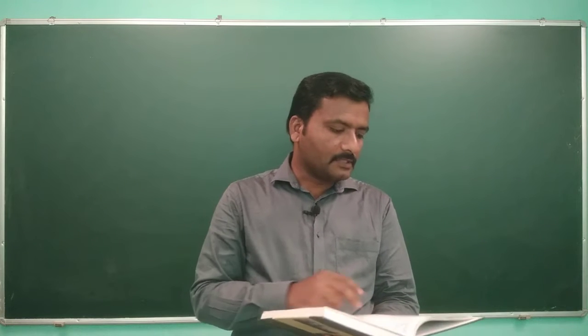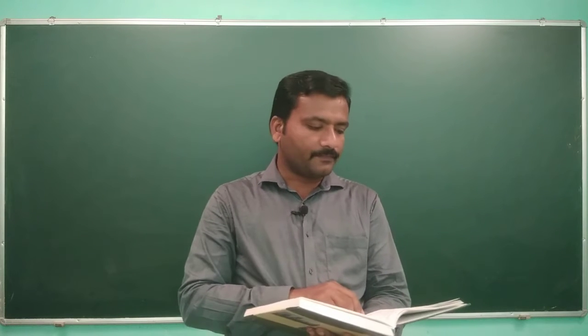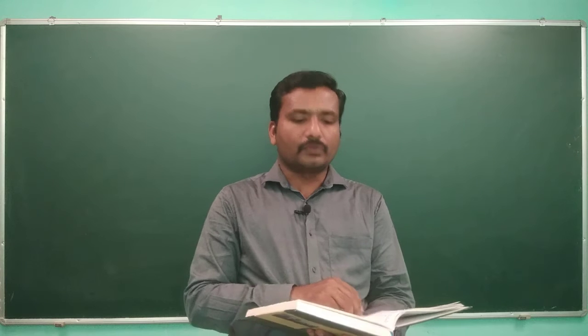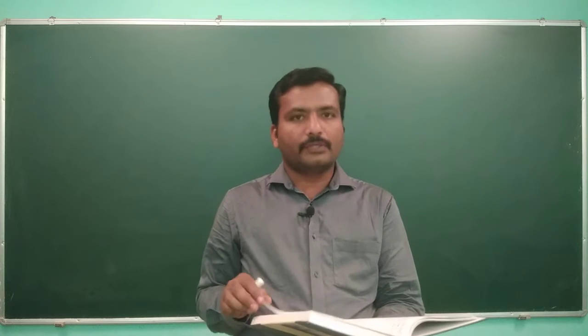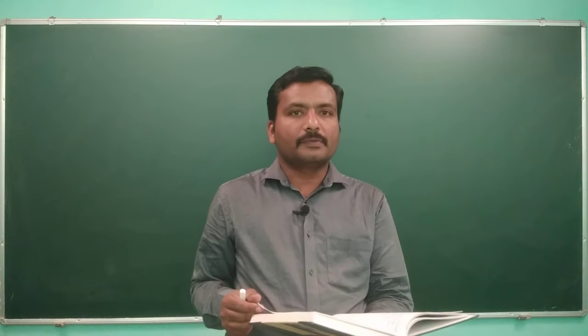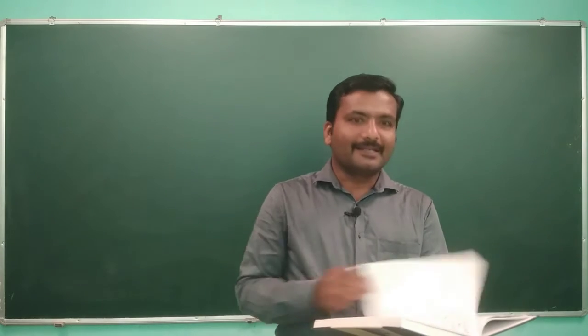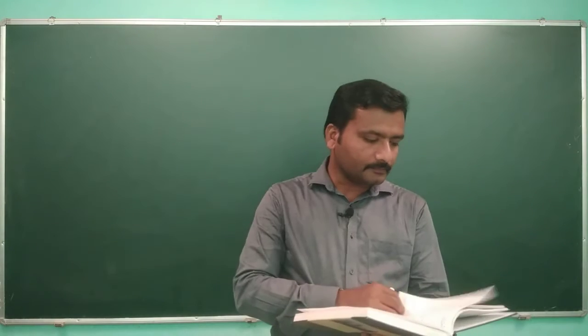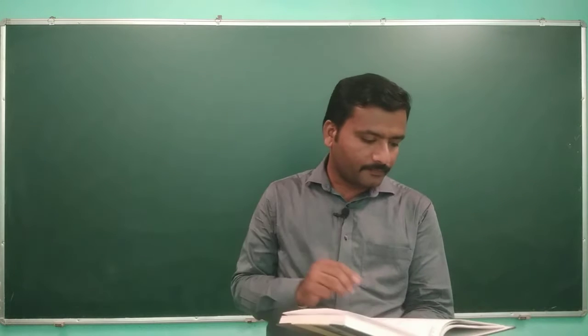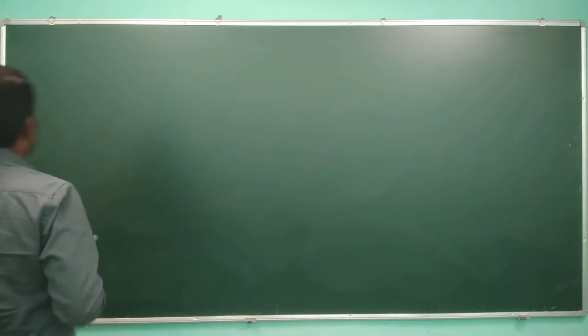And third, we will see how dispersion occurs when a light ray is passing through a prism. We are also going to obtain an equation for the dispersive power of the prism. Okay, these are the things that we are going to discuss in this lecture. So let me start from cardinal points.